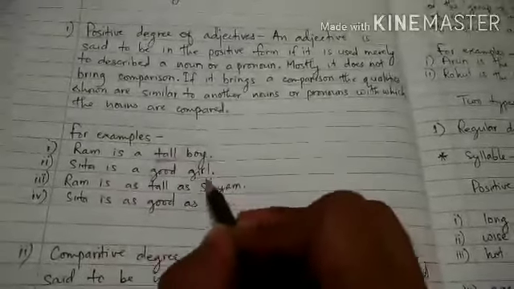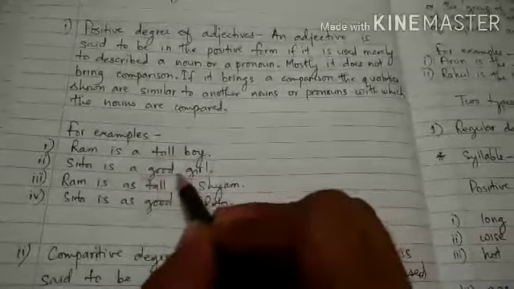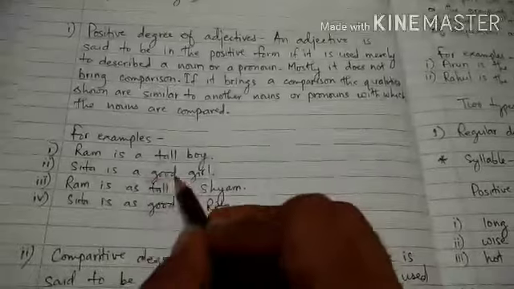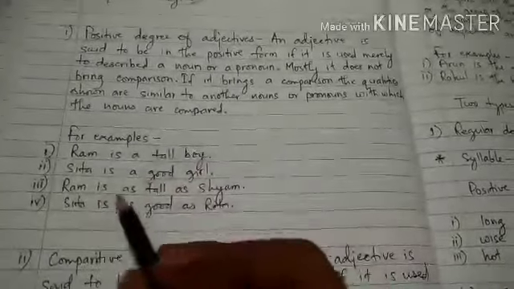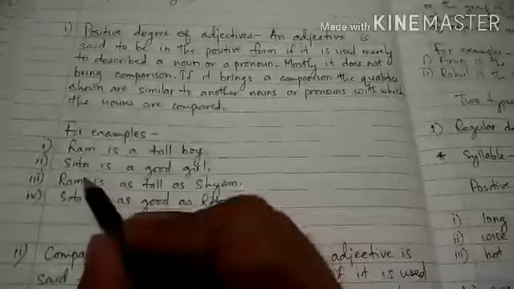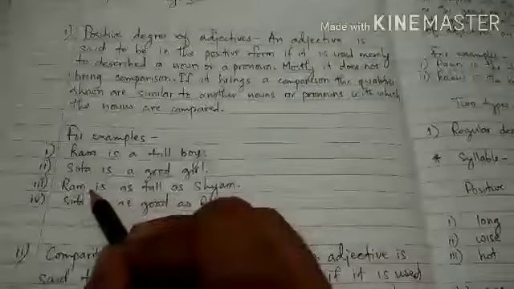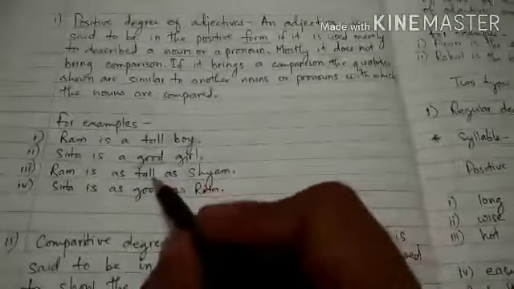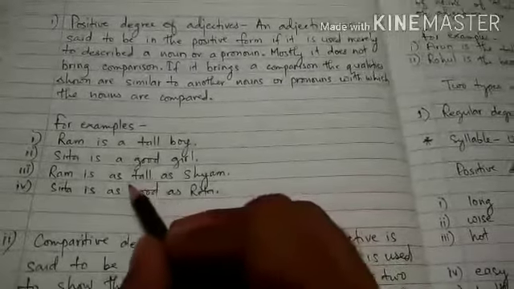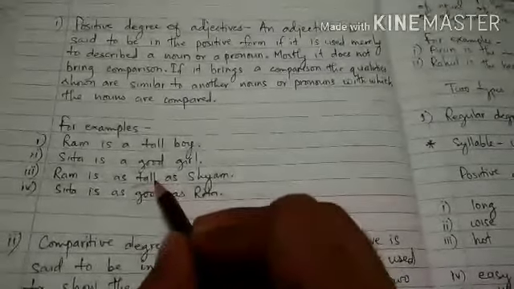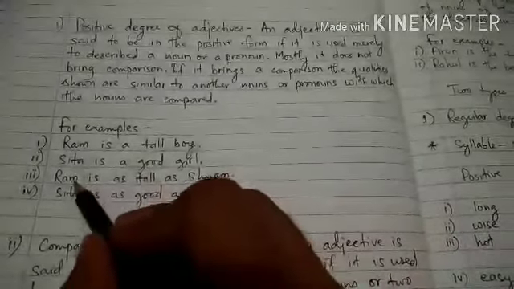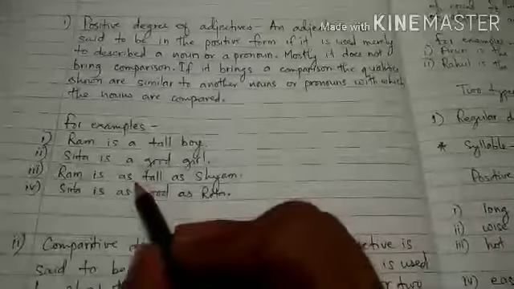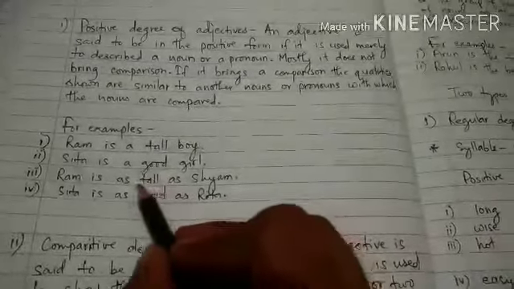And another one is Sita is a good girl. Sita is a girl. What kind of girl? Good. So here we are not showing comparison of Sita with anyone. Okay. So here good is positive adjective. Okay. Now see, Ram is as tall as Sam. Here we are bringing comparison between Ram and Sam. We are comparing two nouns. But if you see, the quality here is tall. We are talking about which quality of being tall. So here, however the Ram is tall, the same height is of Sam. So this quality, they are equal in this quality.